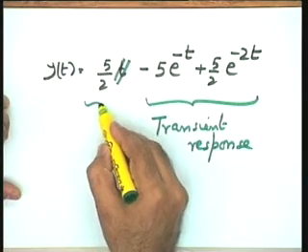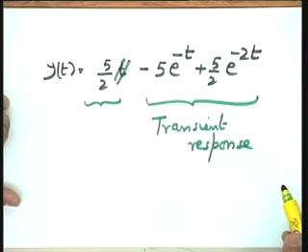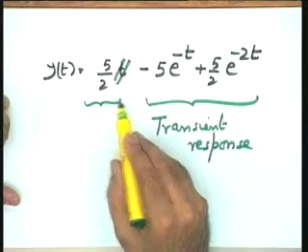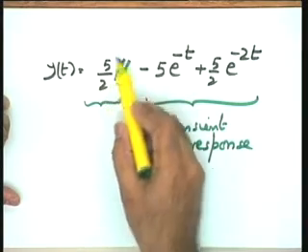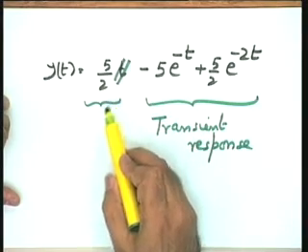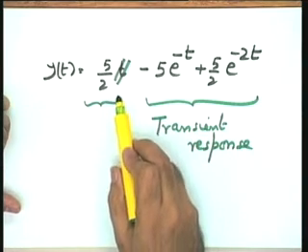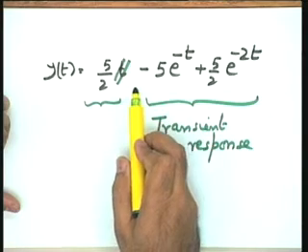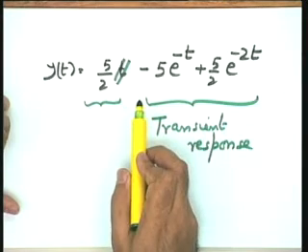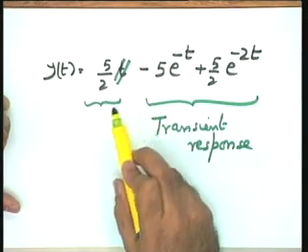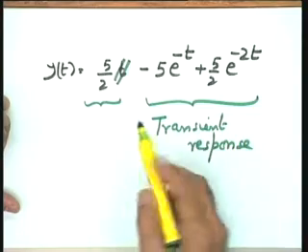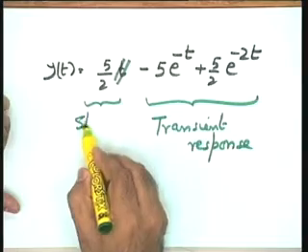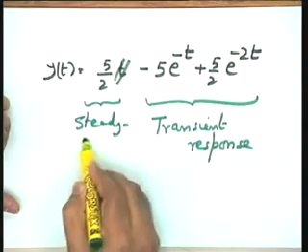Now, look at this term, this is a contribution due to the excitation pole, and you will please note that the nature of this contribution pi by 2 is same as the nature of the input itself. The only thing is that the magnitude has got modified, and this modification in the magnitude is dependent on the reaction of the system to the input. Since the input persists for all time, this particular response will persist for all time and is referred to as the steady state response.